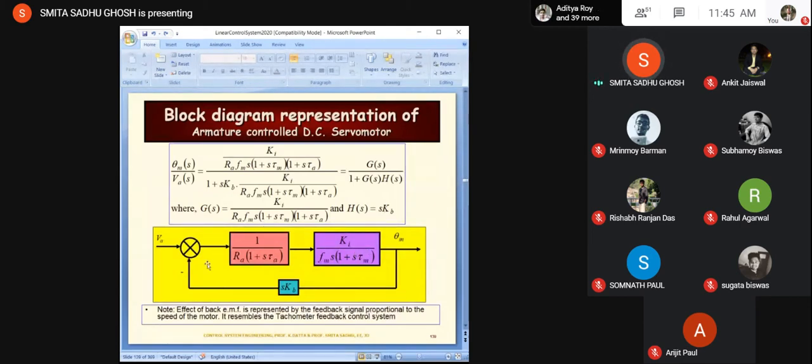So this in effect is the overall block diagram representation where you can see theta m is the output. And of course, the S within the brackets has not been repeated everywhere, it's implied. So theta m being the output and Va being the input, right? So now can we see the feedback signal